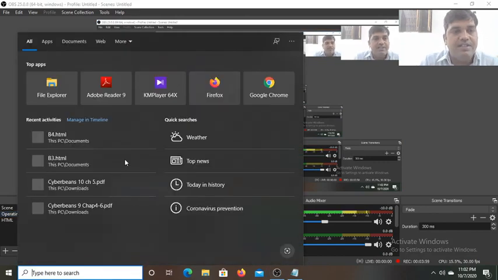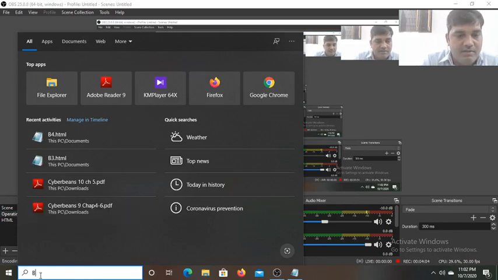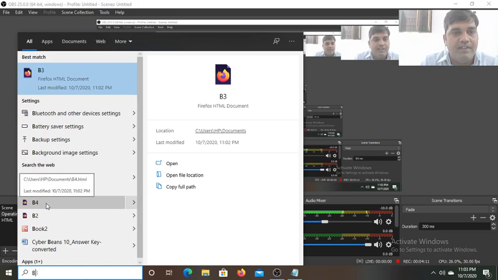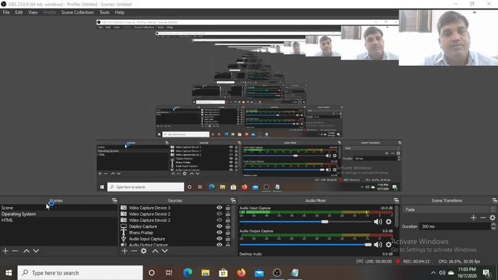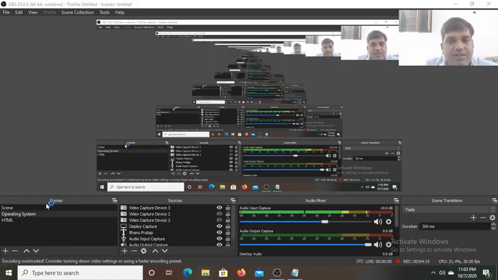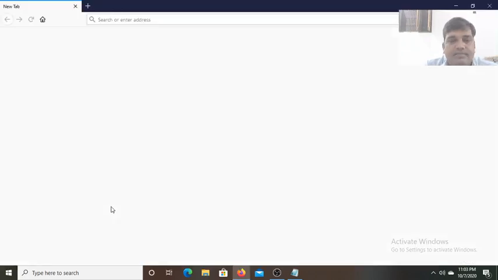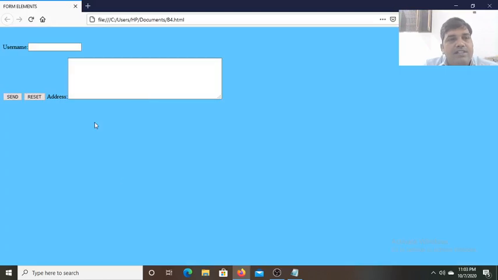As you can see here, this is the username text box label, this is the send button, this is the reset button, and this is the address label with the multi-line text field.